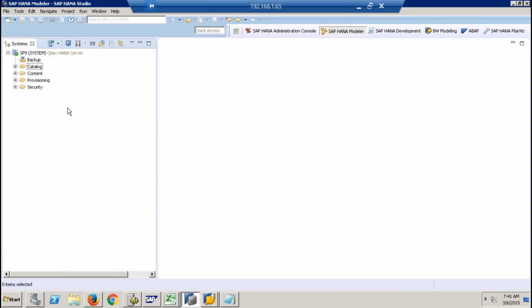So like this, you'll have lots of different perspectives in Eclipse. Depending on what kind of activity you're working on, whether you're working on the Eclipse tool relevant to BW, or ABAP, or native development, or HANA modeler, each one will have different perspectives, and every perspective will have different views. So for now,